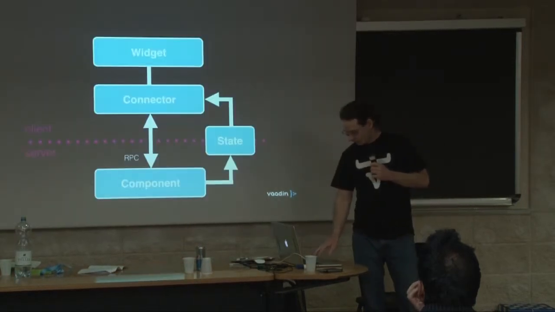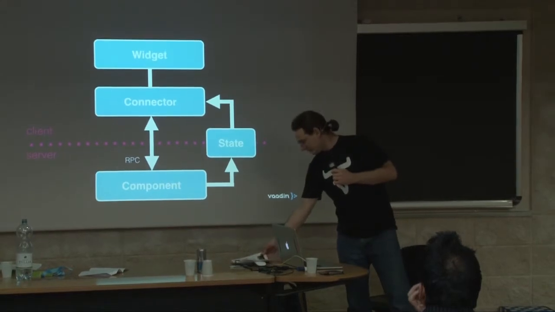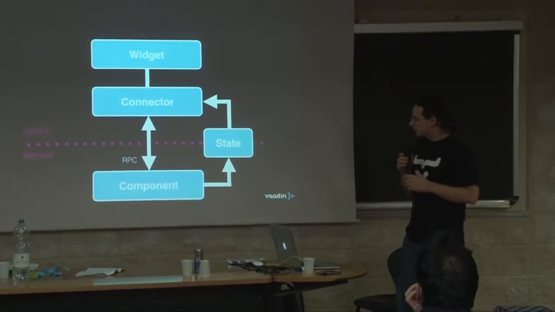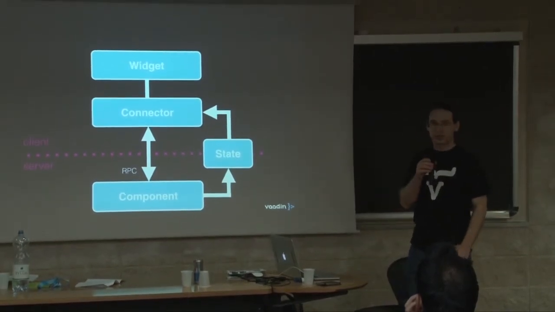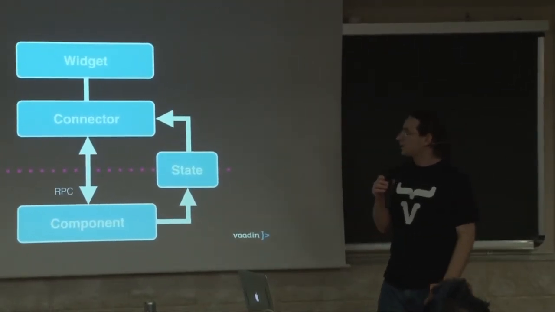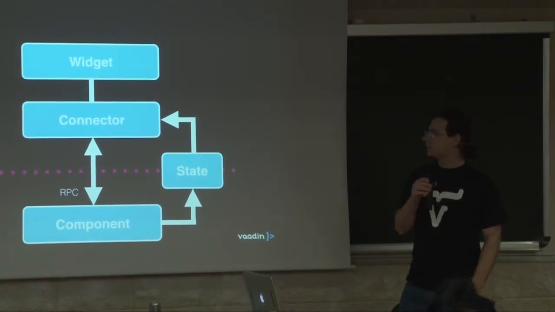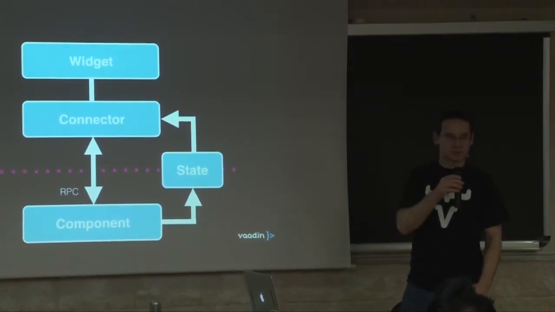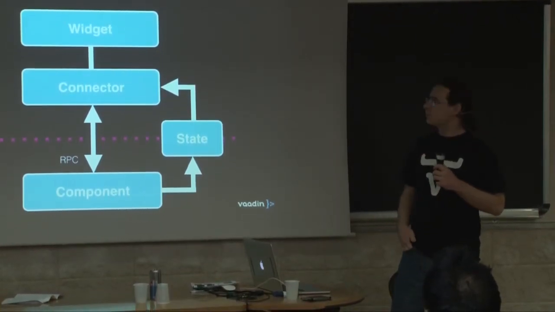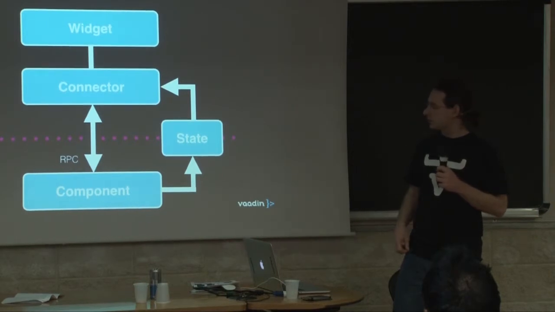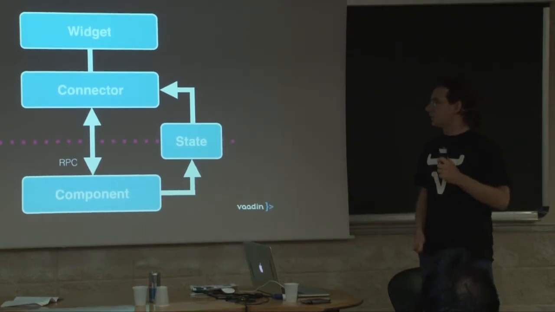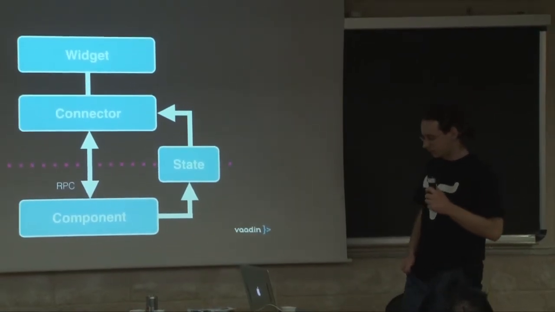All right, so how does this work? What happens is that you have a component, and the component is on the server side, that's what you use, and you have some widgets on the client side which show what happens in the component. They react to user input and then send messages to the component on the server side, and the component sends to the widget whatever it needs to display. So